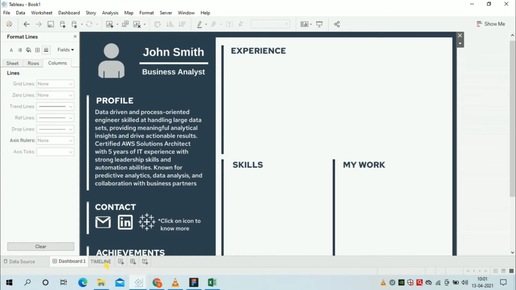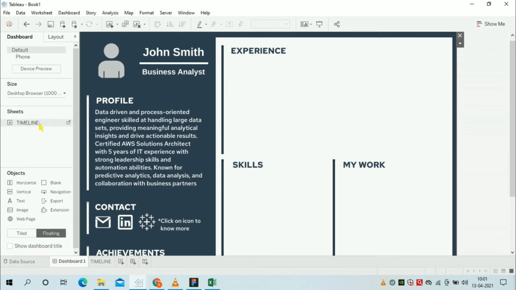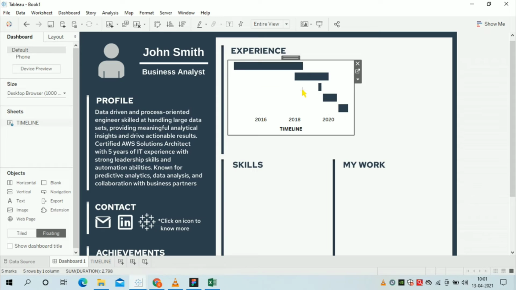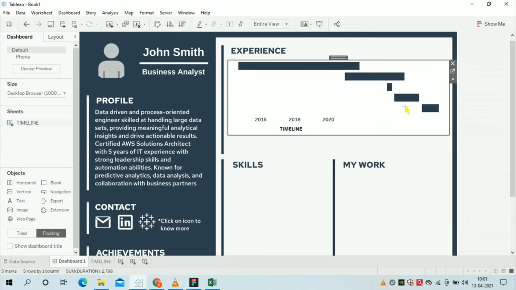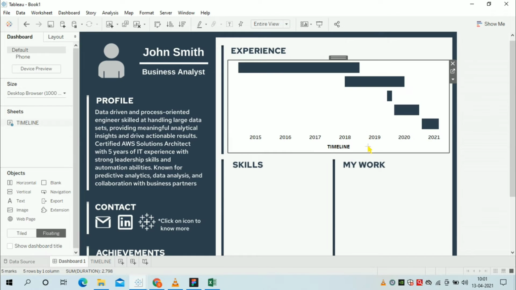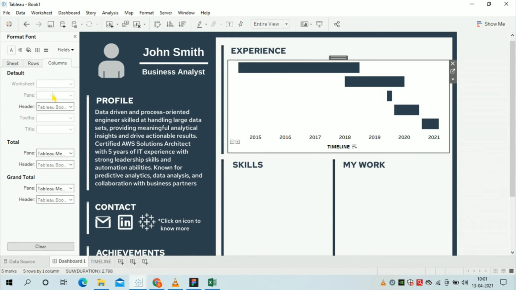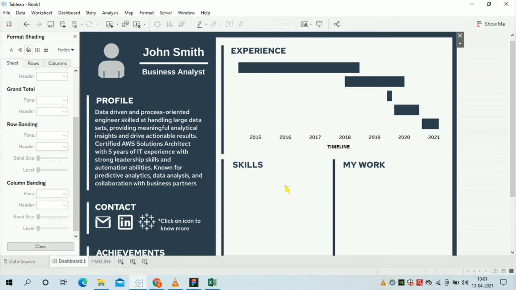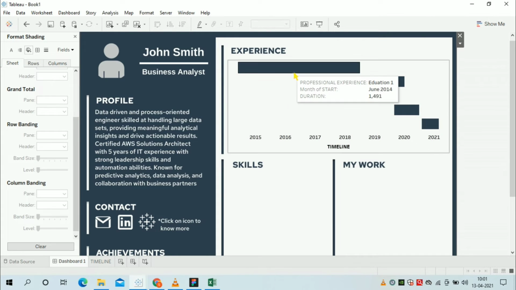Now go to dashboard and drag this timeline sheet to the dashboard. Hide the title and resize this worksheet. Now format it and change the background color to none. Okay.